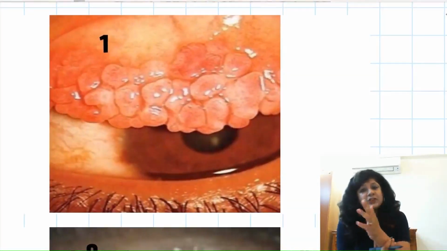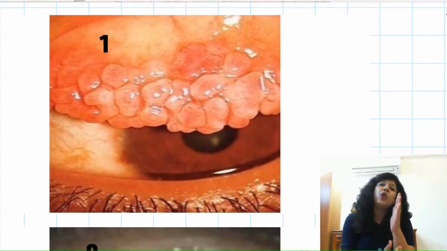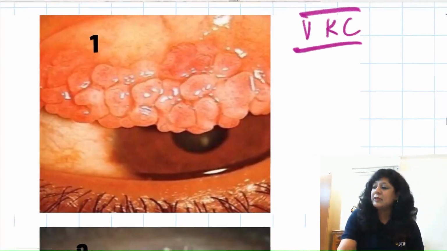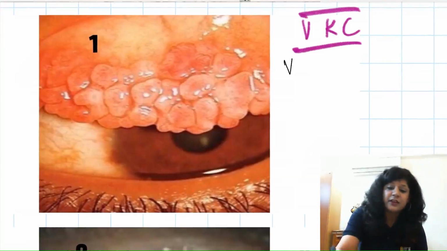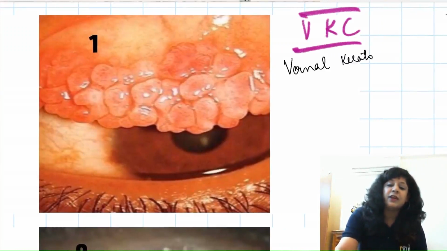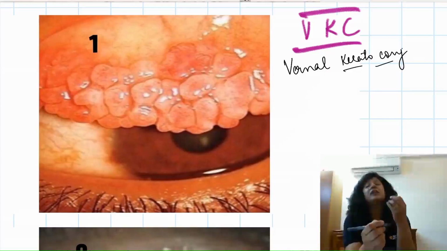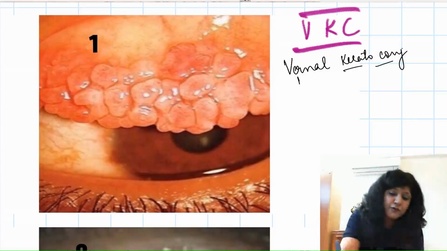Now we are coming towards non-infectious. In the non-infectious, the most common is the allergic. In the allergic, the most common is the VKC. VKC means the vernal keratoconjunctivitis. So keratoconjunctivitis, you already know that it is involving the cornea, it is involving the conjunctiva, and vernal means